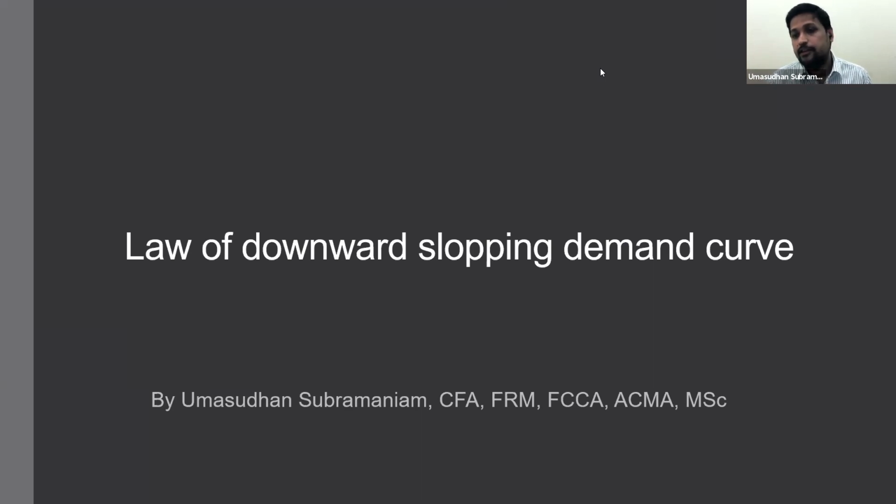When the demand increases, I'm not talking about the relationship between price and demand. We are actually talking about the relationship between demand and price, meaning that when the demand increases for a product, and if you think the supply remains unchanged, the price tends to go up. So what drives price is the demand.